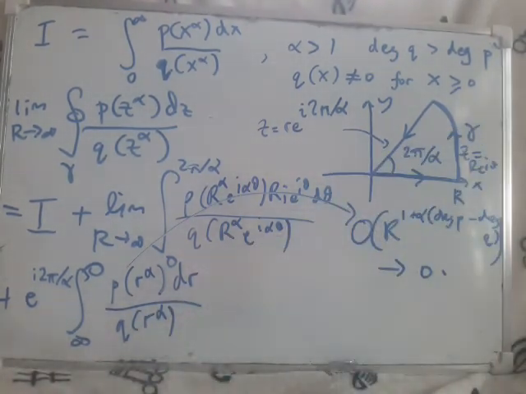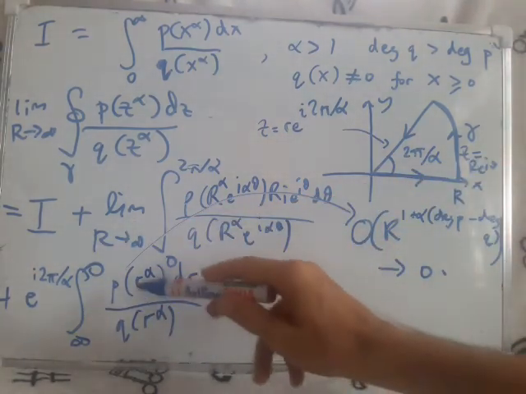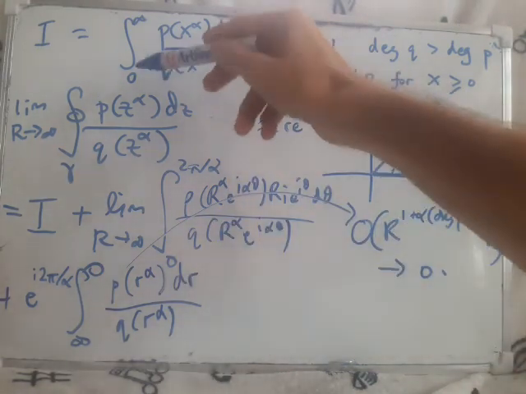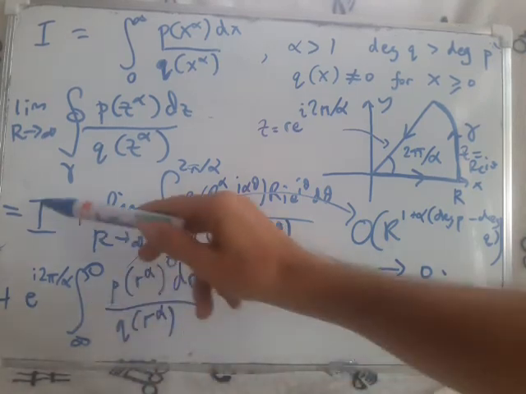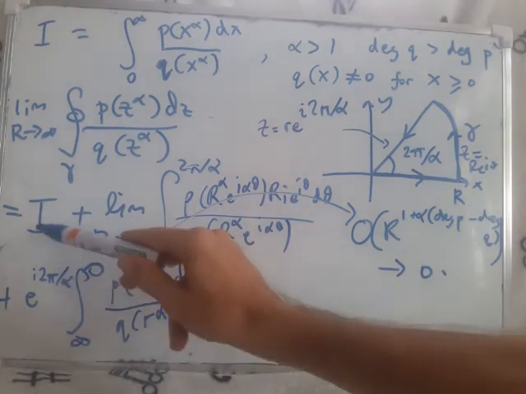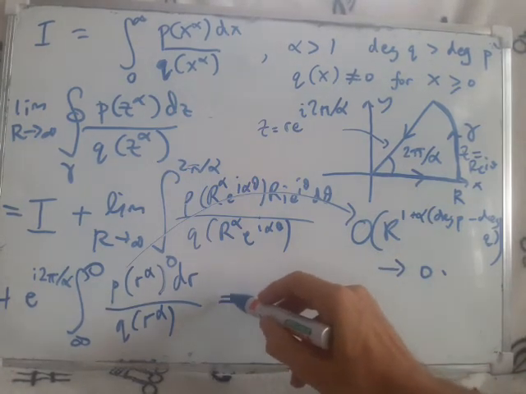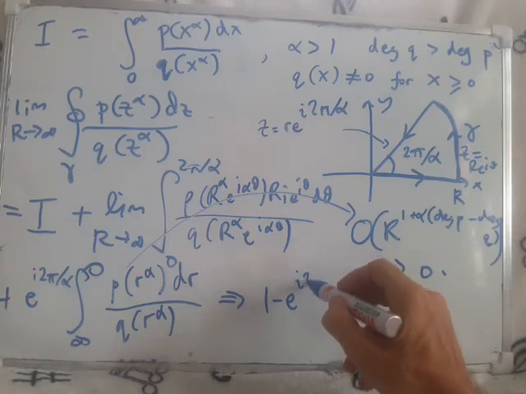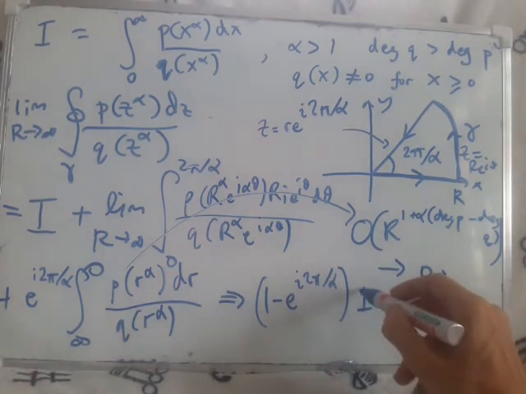Okay. Now this expression here, if we change the r to x, it doesn't matter whether we have r or x, is the same as this, but with the limits swapped. So all we have to do is swap the limits and get a minus sign, and then we have basically this thing times I with a minus sign. So that means that we have the result 1 minus e to the I 2 pi over alpha times I